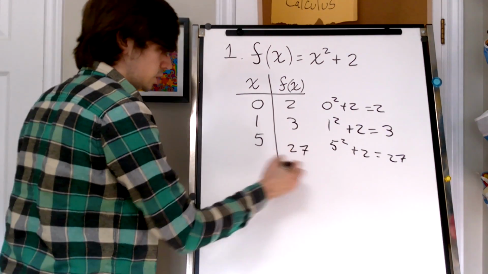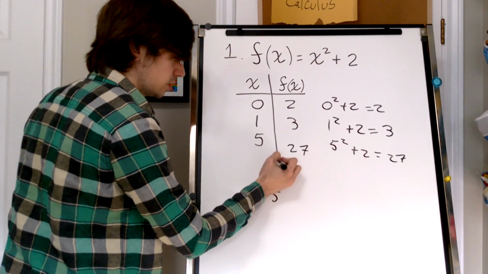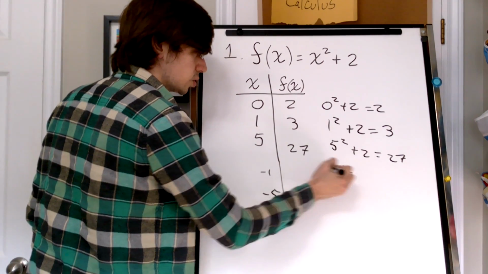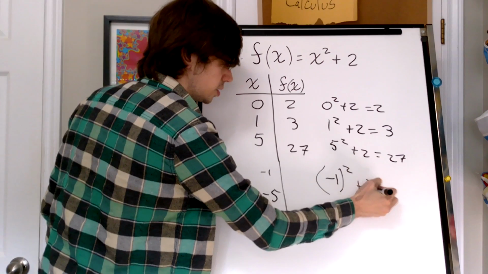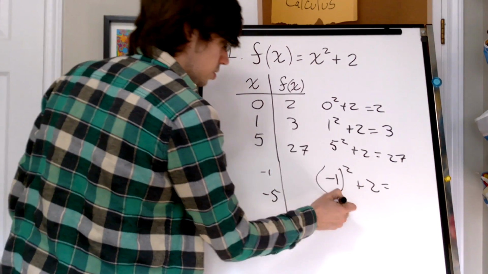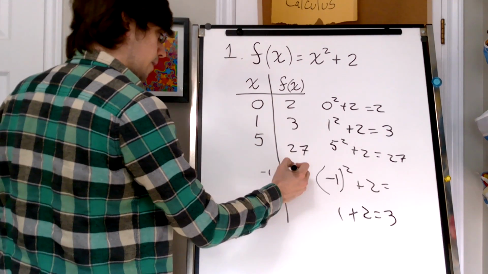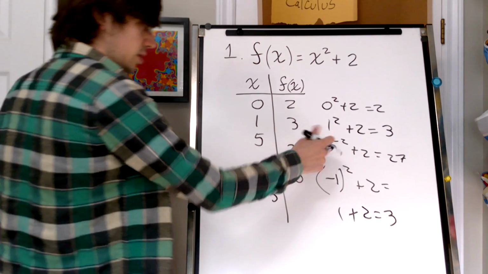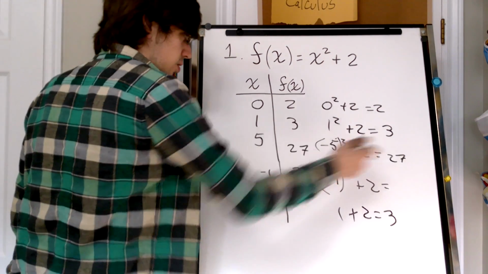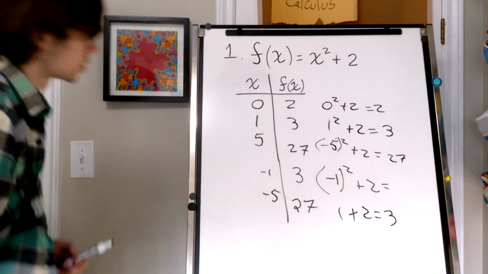If we go to the negatives, let's go -1, -5. -1 squared plus 2. -1 squared is 1. 1 plus 2, 3. Likewise, -5 squared, 25, 27. So,